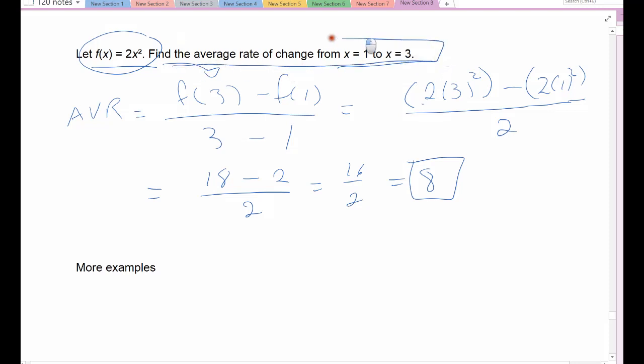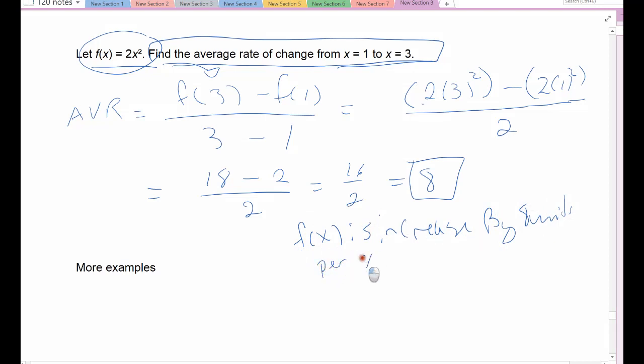F of x has an average rate of change of 8, so it's increasing, I know that much, and it is increasing pretty fast. 8's a fairly big number, it's not a huge number, but it's bigger than like 1 or 2, and so I know my function f of x is increasing by 8 units per x value on average